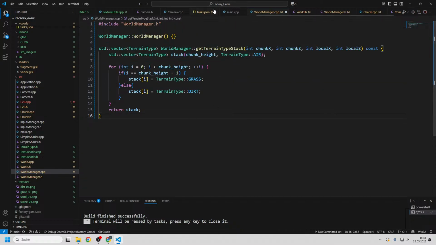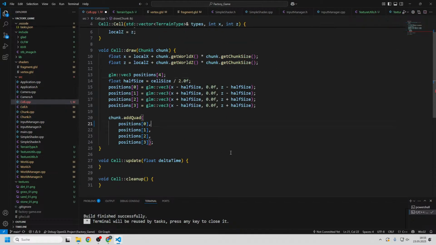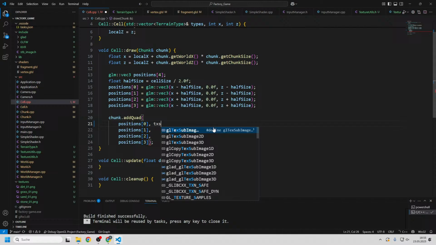Left that in there. Okay, so now our world manager tells every cell that its terrain type is grass for the top block and dirt for the rest. So in theory, most of our things should be sorted. Let's check the cell though. While we add the quads, we of course need to add the texture coordinates as well. So let's quickly do that. We want to add quad position, and then we also want to do texture,